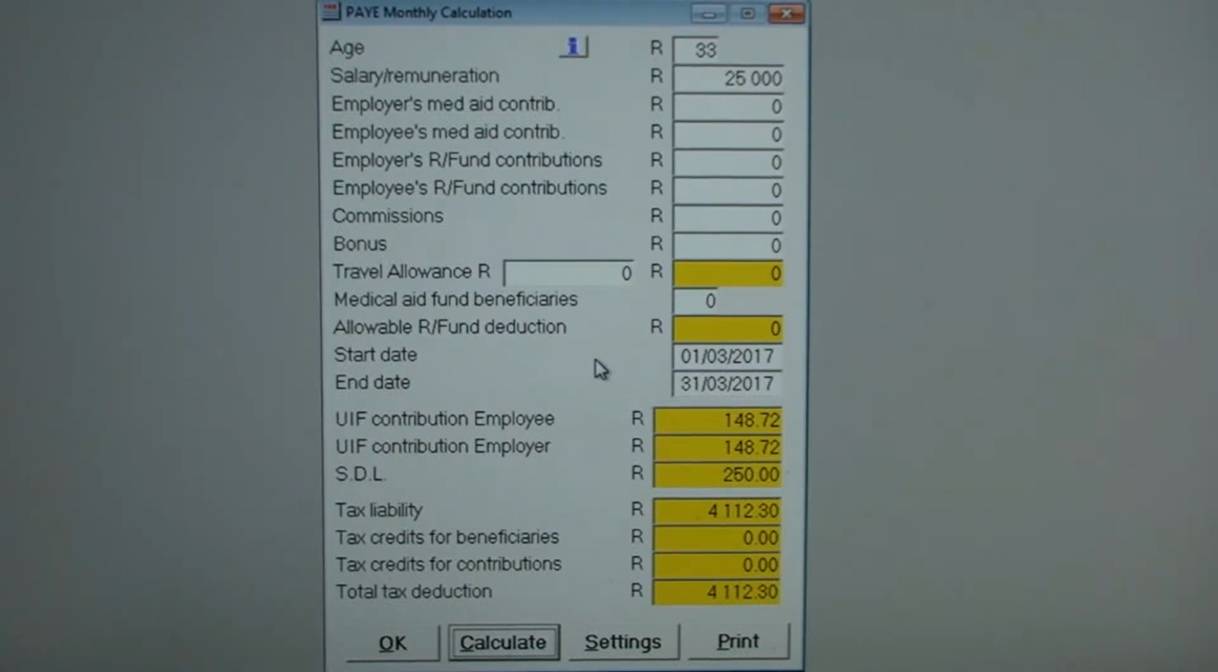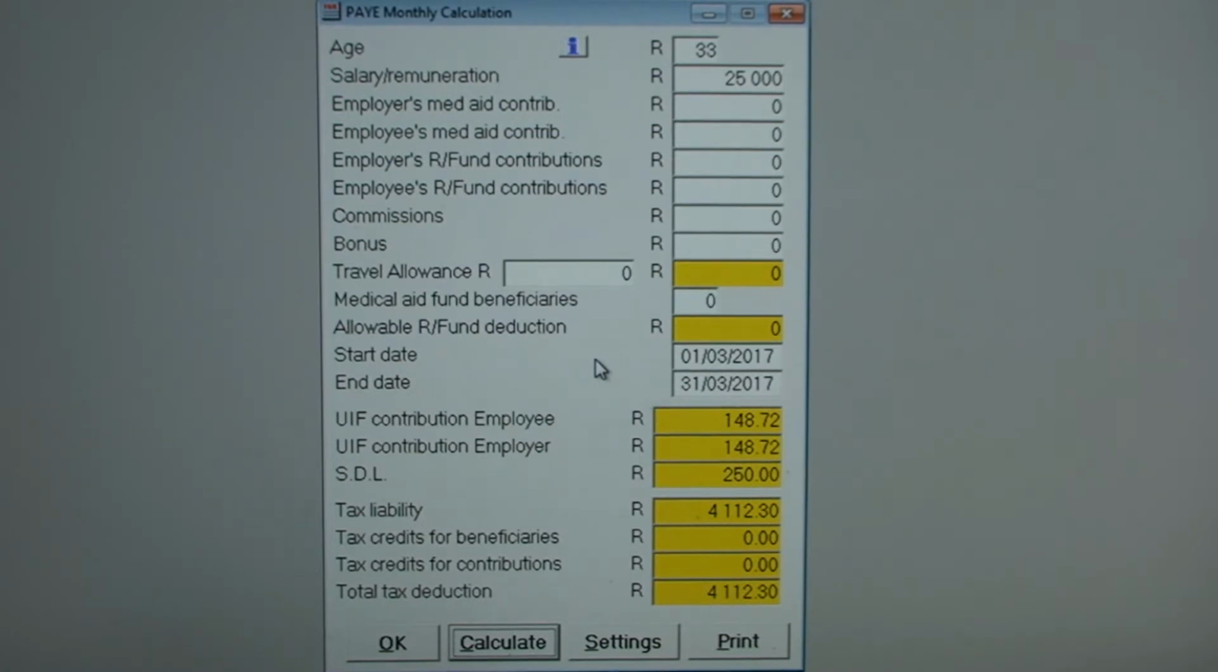This calculator allows us to check the deductions and tax credits on a monthly salary advice and shows the effect that contributions to medical aid funds and retirement funds can have on tax deducted at salary source. Our first example shows how an employee earning a salary of 25,000 Rand per month will pay tax of 4,112